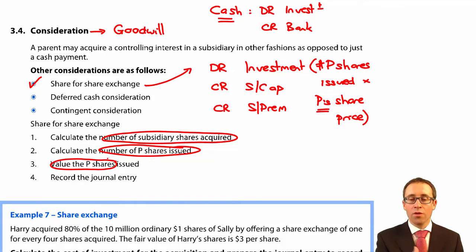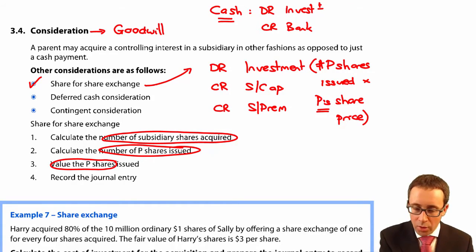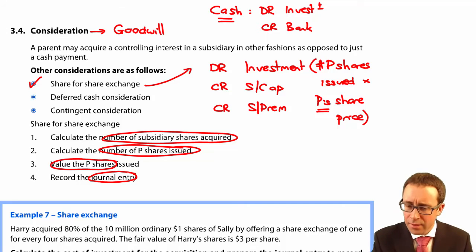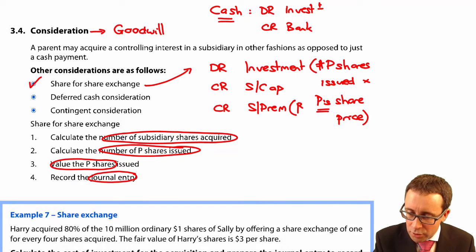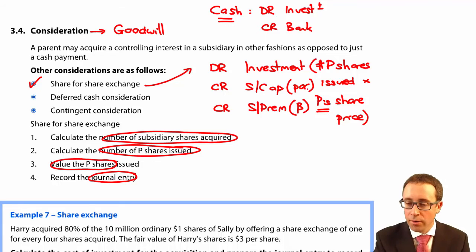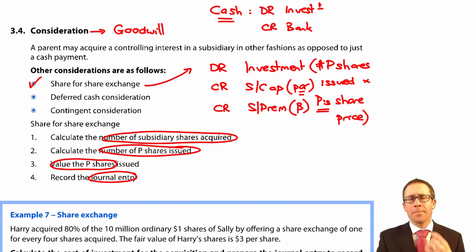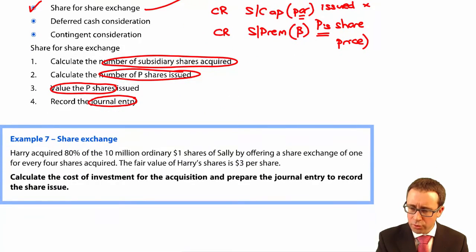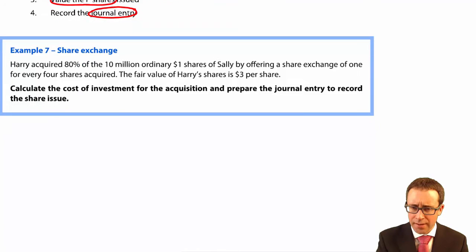And then if you record the full journal entry, we're looking at the credit entry to share capital and then the credit entry to share premium. The credit entry to share premium will just be a balancing figure. The credit entry to share capital is based upon the number of shares issued and will always be at par. So if we look at the example that's spoken about there for your share exchange,